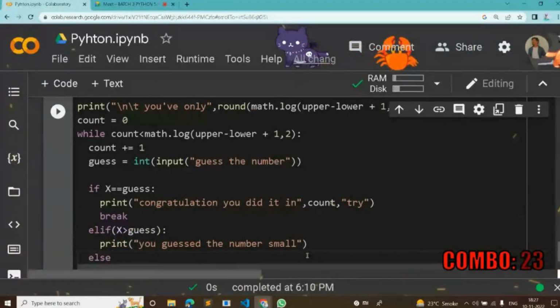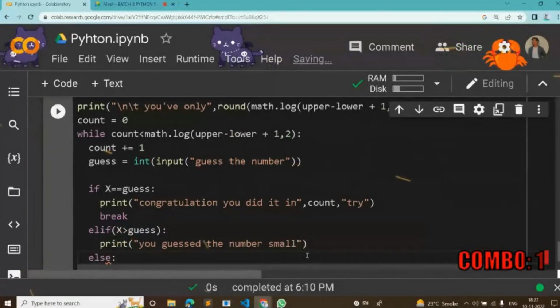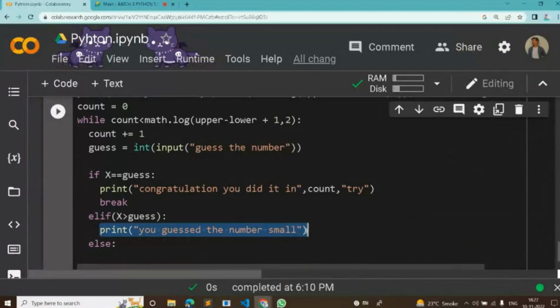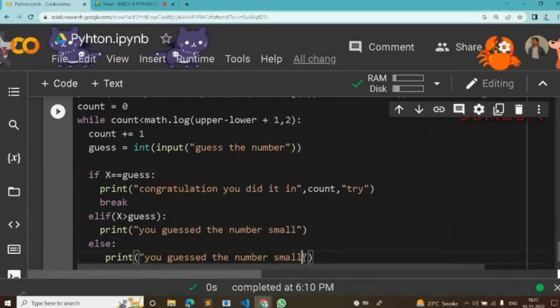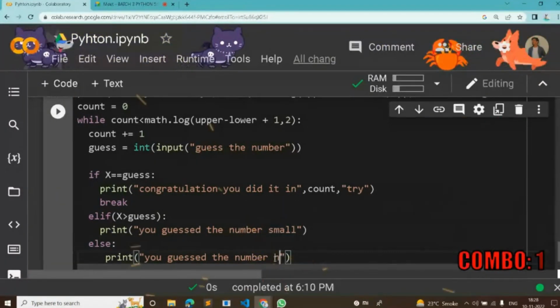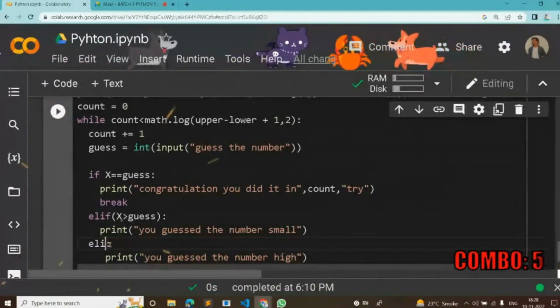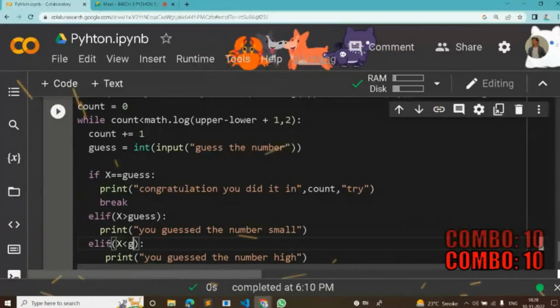Else, you guessed the number large or high. Over here, we are using the elif condition. Now, if my x value is less than guess,